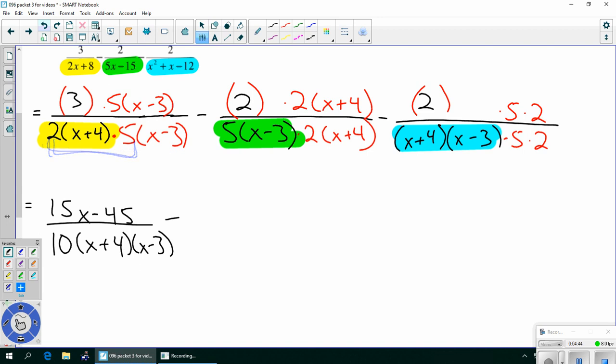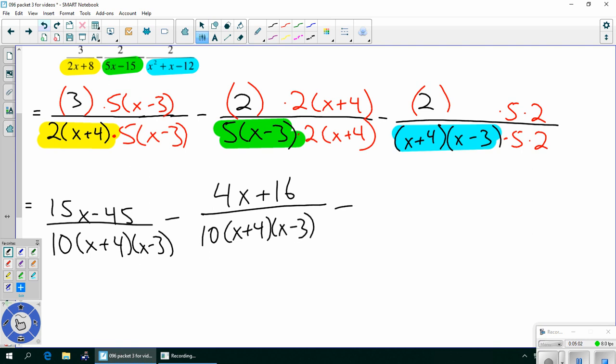Minus, and now we will distribute in this numerator. 2 times 2 is 4, and now I'm going to do a 4 distributing in here. So 4 distributes through the parentheses, get 4x plus 16. Divided by that same denominator, I'll put it in the same order as the first denominator. Minus